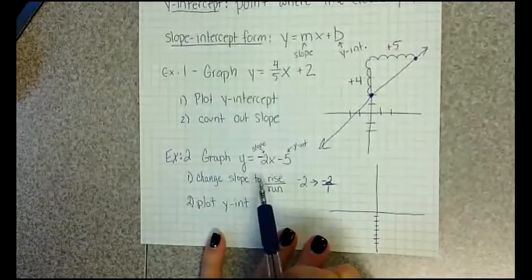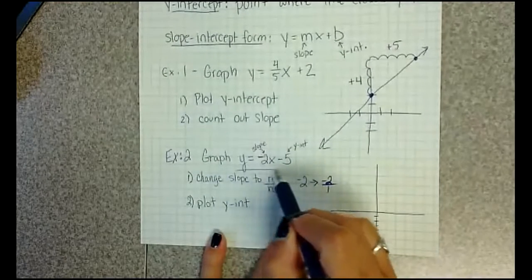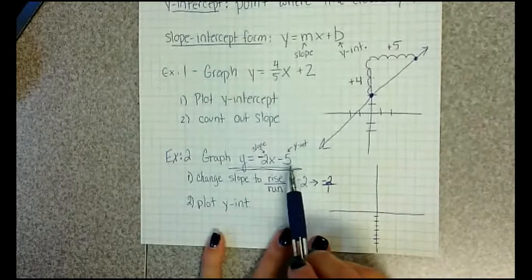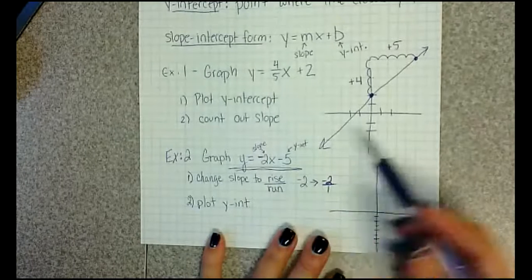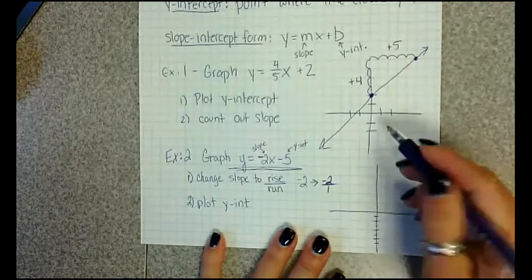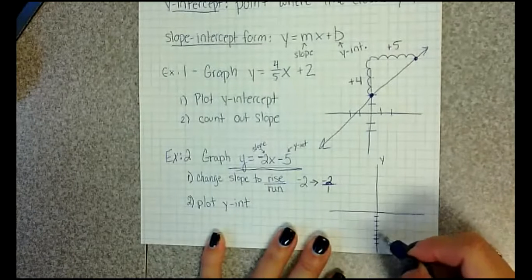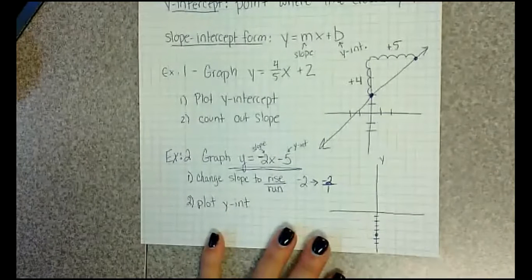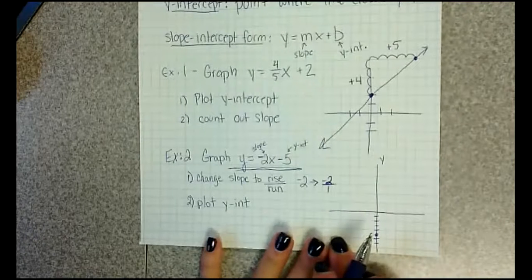So if I go back to my equation here, my y-intercept is down here. So it says to plot that first. It's on the y. This is my y line. So I go to -5. 2, 3, 4, 5. So that's my -5. So I plot my y-intercept